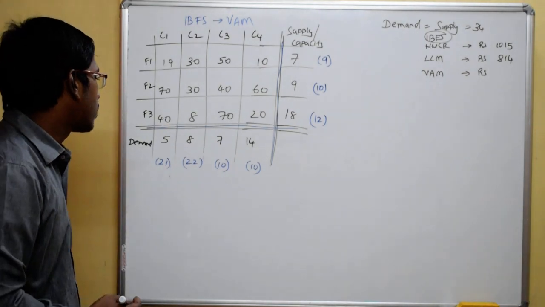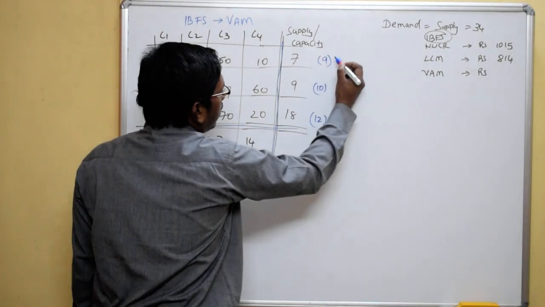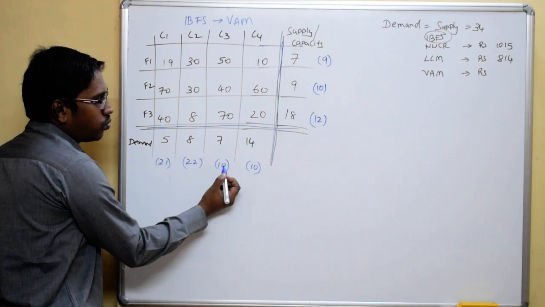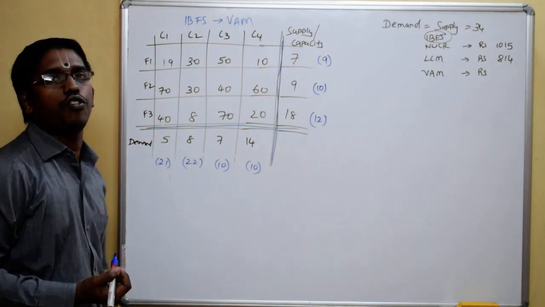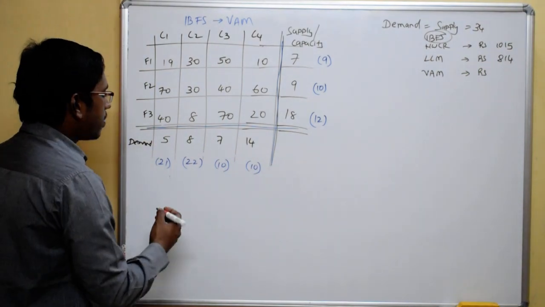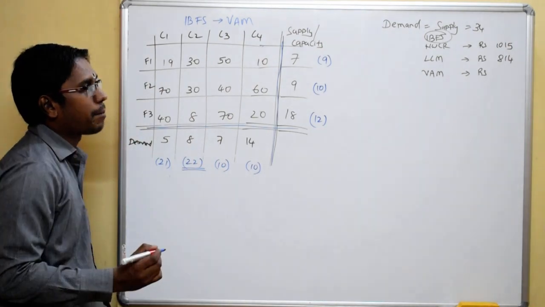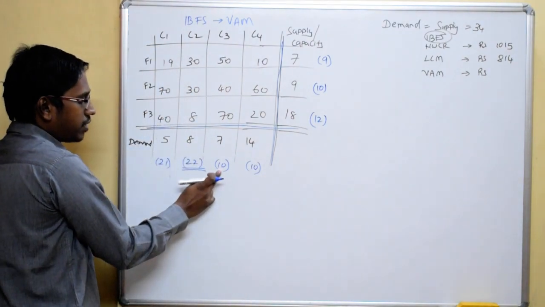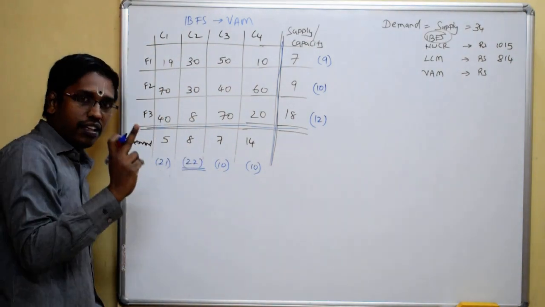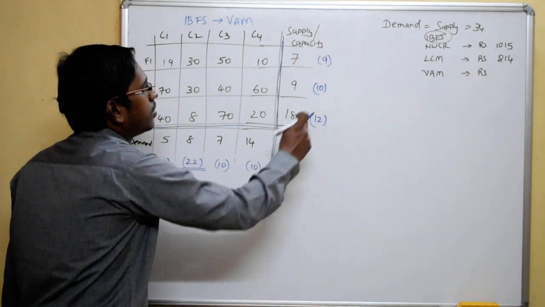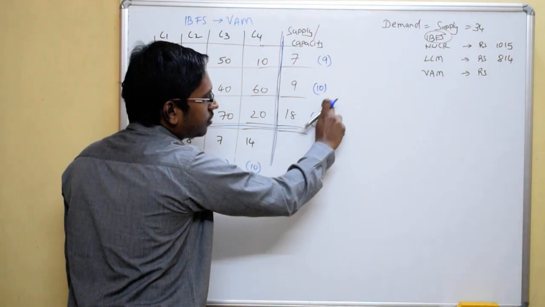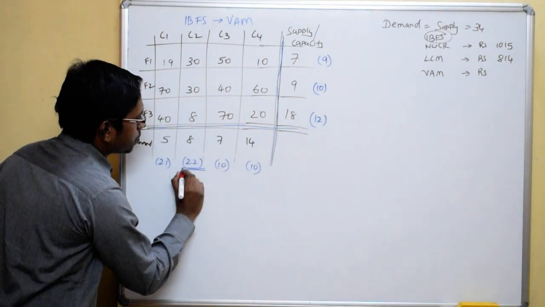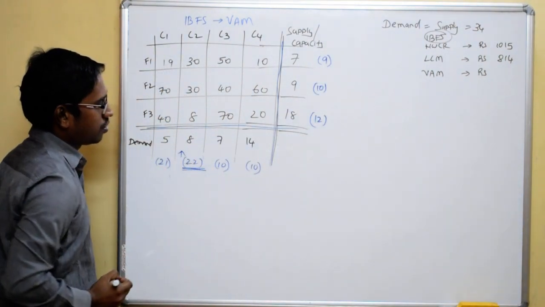Now what we will do is, out of all these penalties, 9, 10, 12, 21, 22, 10, 10, we look out for the highest penalty. The highest penalty is 22. Compare all these numbers. Let's say for example the highest penalty was here, 32. Then I would have taken this into consideration. Now the highest penalty is 22, so I take this particular column into consideration.